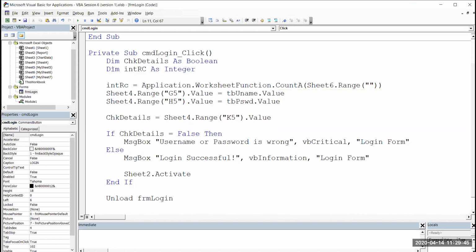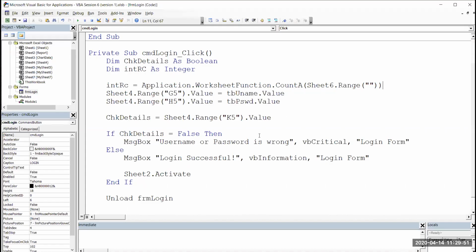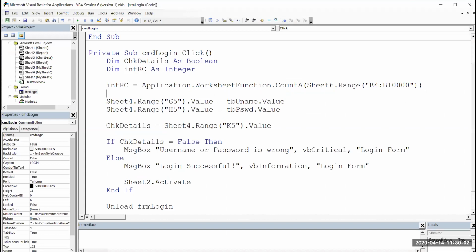So let's see the address here. From B4, I'll give till B10,000, let's say. B4, B10,000. So this will store the details still there. And I can use that here. Sheet 6 dot range of, starting from B column ampersand int rc